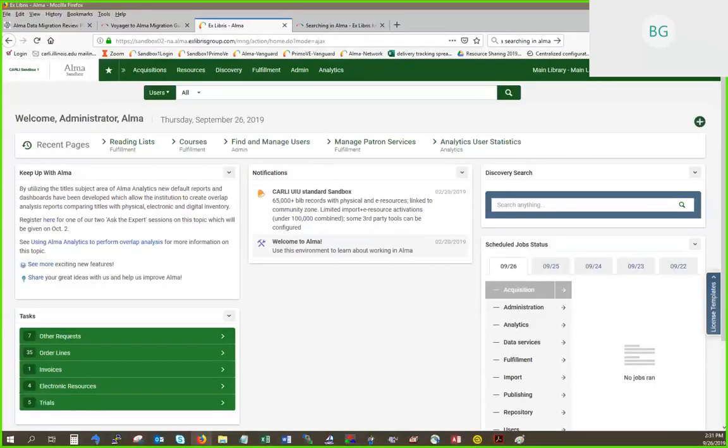Debbie pointed out that MMS IDs are unique identifiers for the bibliographic records, and they all start with 99, and the last 4 digits for an institutional record will always have your unique institution code. In some cases, you will see a network zone institution number